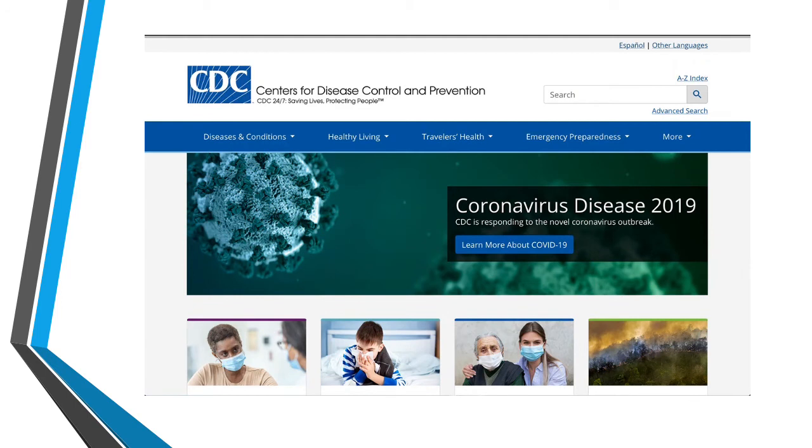The main page of the Centers for Disease Control and Prevention. You'll see that there's a lot of information on this website, and so I wanted to give you a couple strategies to help manage that. First, I would like to show you the advanced search, which is right underneath the main search box. So I'm going to click on that link,